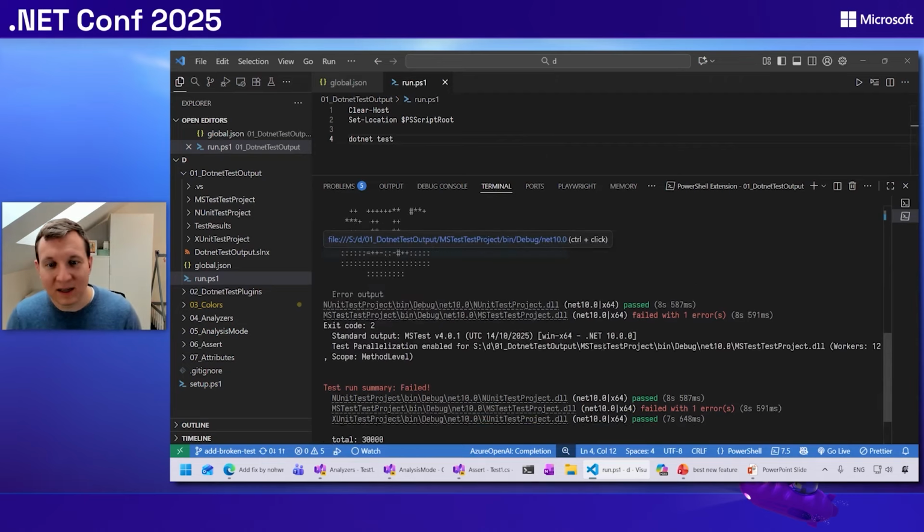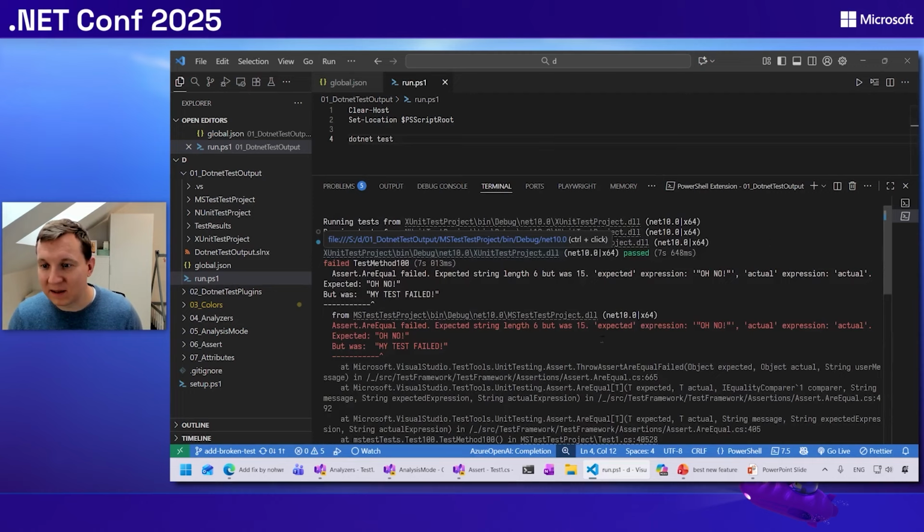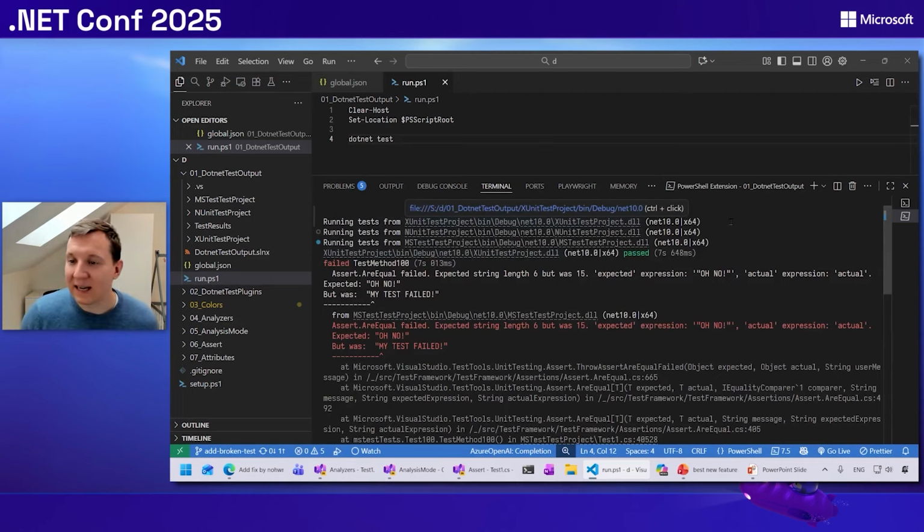So let's scroll up and let's see what happened. First, we have an overview of all the DLLs that were executed in this run. In this case, we have 3 different DLLs, all targeting .NET 10 and x64 architecture. But if we had multiple architectures or multiple target frameworks, or even more DLLs, we would see all of them listed here. Then the first run finished, the first DLL, xUnit test project finished, and then we had the single